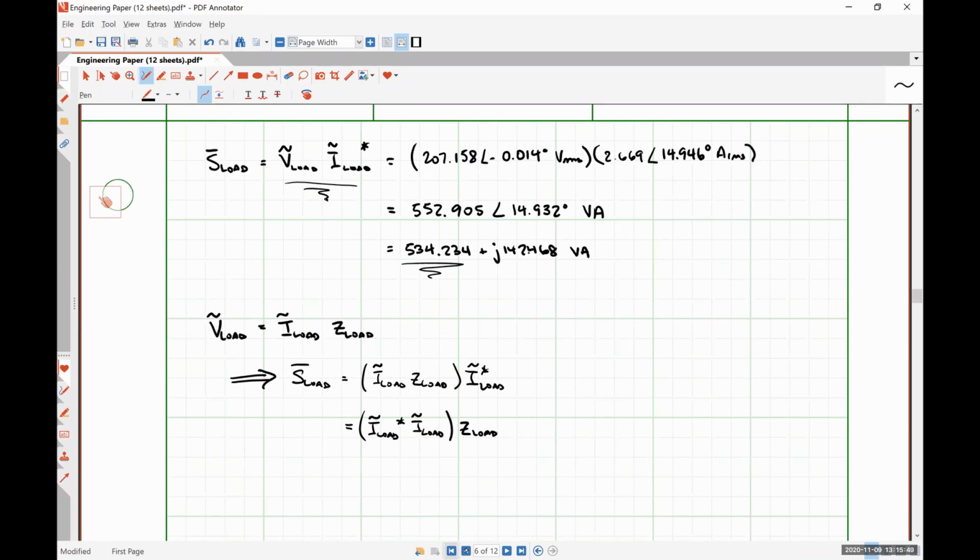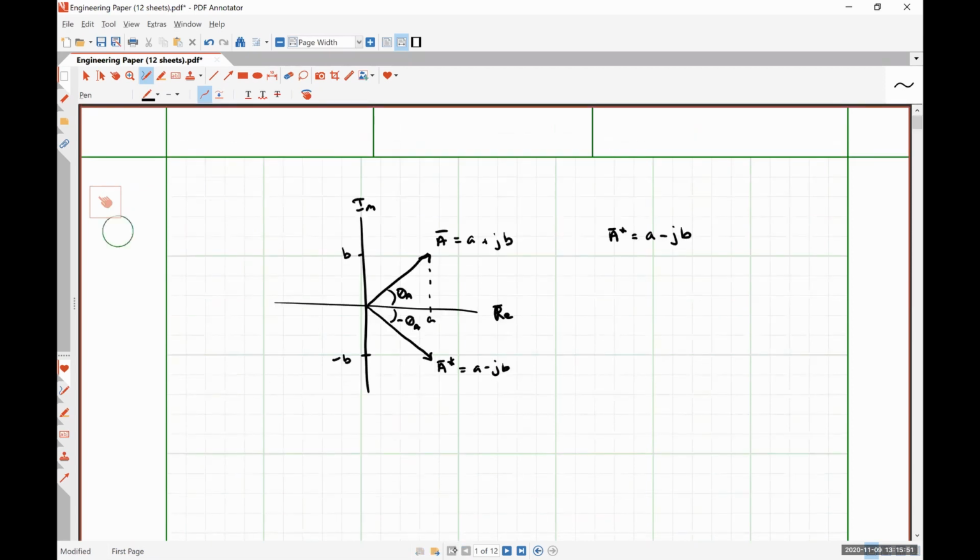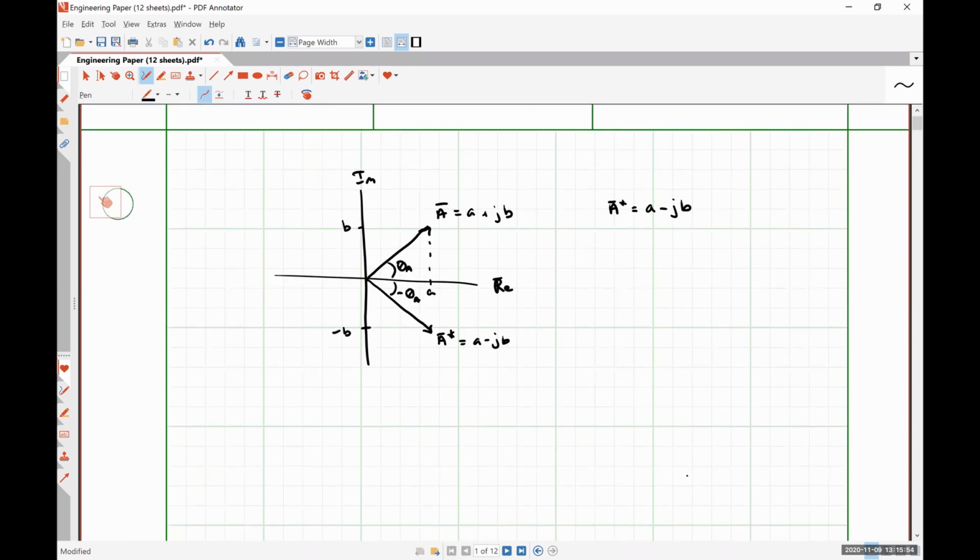So let's circle back to page 1 of these notes where I'm talking about complex numbers. If we have A in rectangular form as a plus jb, or A with a magnitude and an angle of theta A in polar form, right? Anybody got any beef with me saying that this rectangular form and this polar form are representing the same information? All right, A conjugate